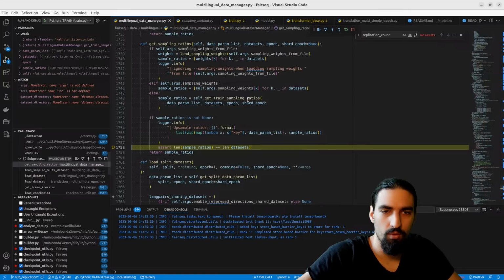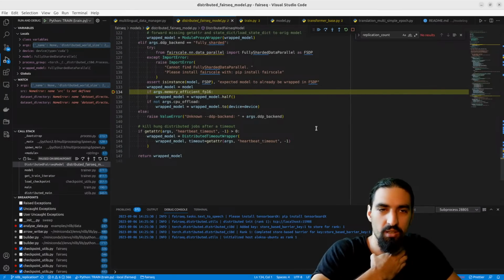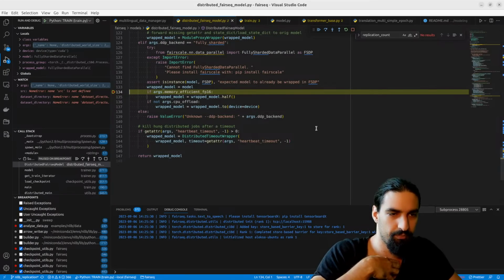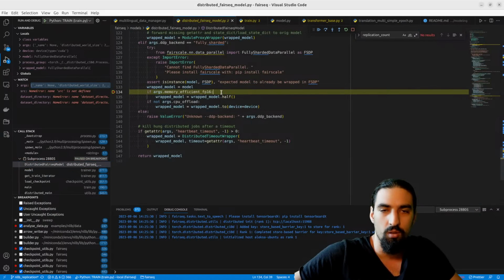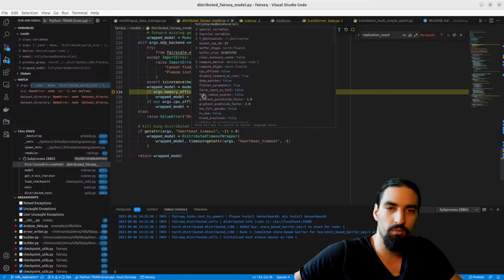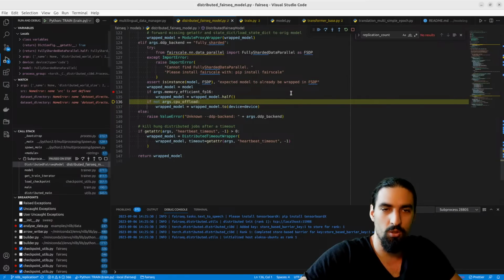Okay. Get the sample ratios. And then once we have that, we just pass those in here. Hit F5, let's see what we hit next. Okay, now we are dealing with the model, but because we are efficient, we go to FP16.